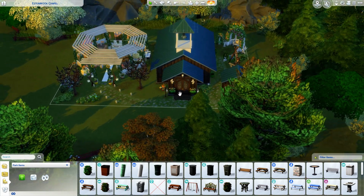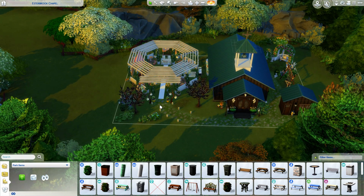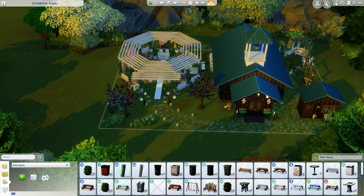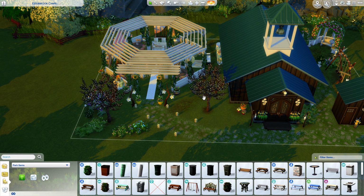So this is Esterbrook Chapel at a glance. And I did the Hideaway Hindquarters, I think is what this lot is called. And because of that, unfortunately, on the gallery, this big old tree gets in the way, and you can't really see much of it. But if you have time, go ahead and take a look at it on the gallery. If you like the build, download it, certainly. I am putting this video up on the 9th, and I know voting ends today, so I'm not really sure if there'll be any more votes for the lot,